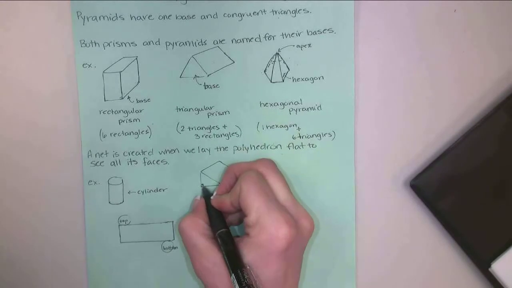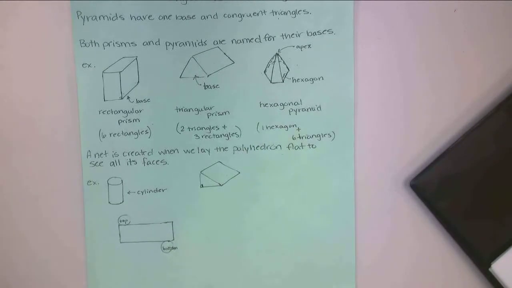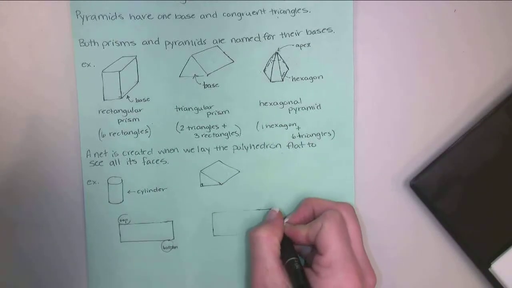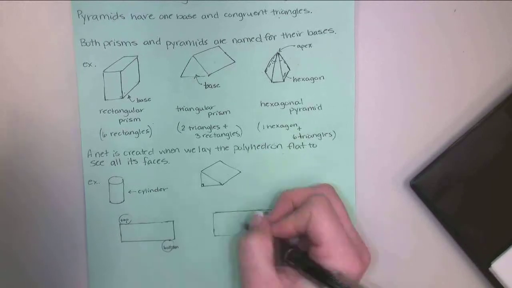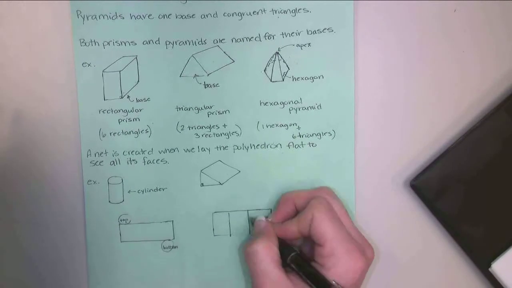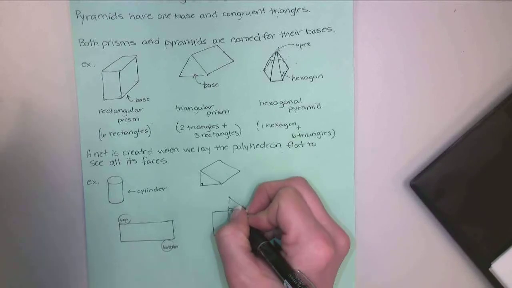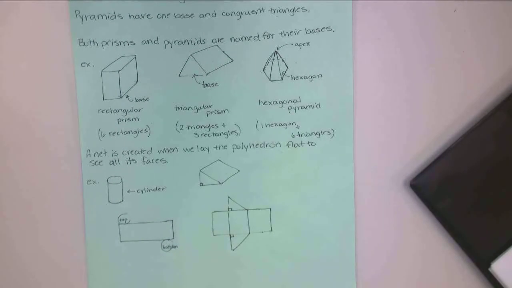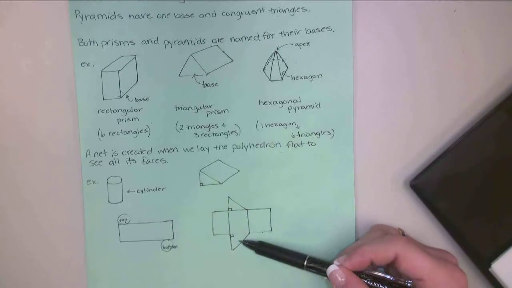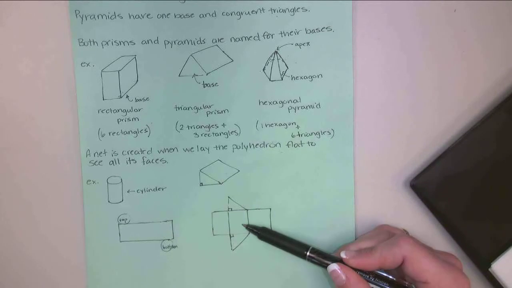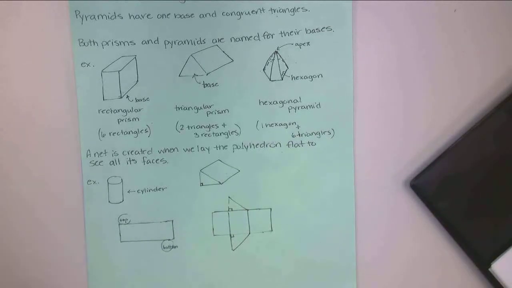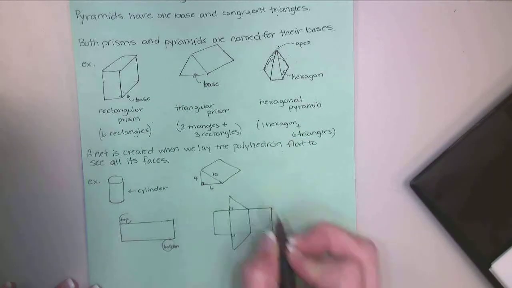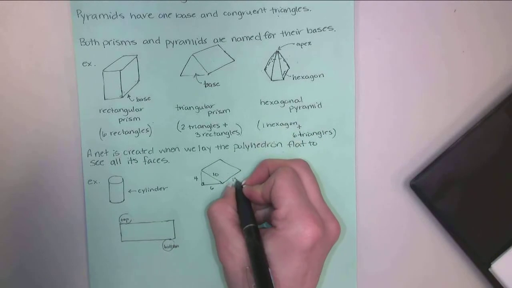Here we have a triangular prism. Easiest way to draw a triangular prism is start by drawing your rectangular face, and on top of that rectangular face, in the very middle, I'm going to record my right triangle. And on either side, I have one base on one side, one base on the other, and I have my 3 triangular faces. Now, if I had measurements like 4, 6, and 10, and then the length of my prism was 15,